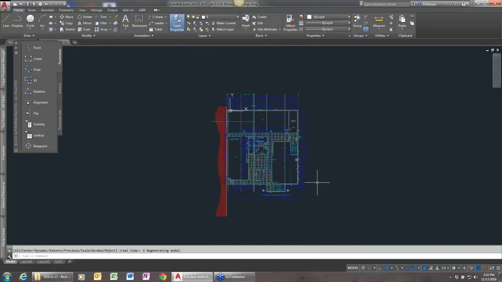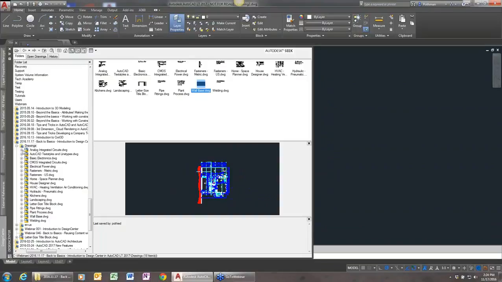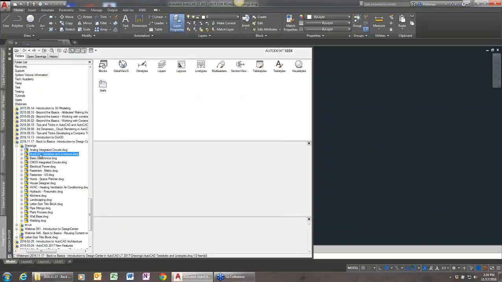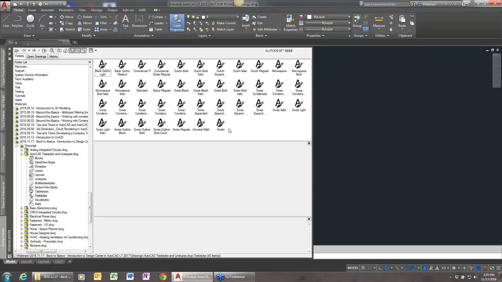So we've done insert, I've copied some layers, I've just used the XREF command. We were able to access the block editor, right? We could do the same thing with some of these other options as well. There's a drawing here called Textiles Line Types. Again, this is in the sample folder inside of AutoCAD LT. This drawing actually has all of the various textiles and line types that we ship with AutoCAD, or a lot of them anyway. So if I wanted to start grabbing some,